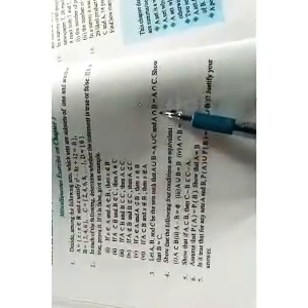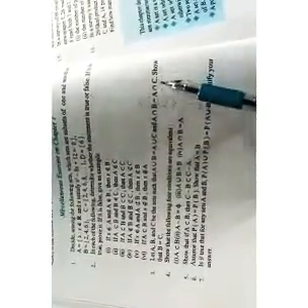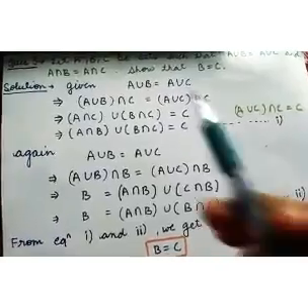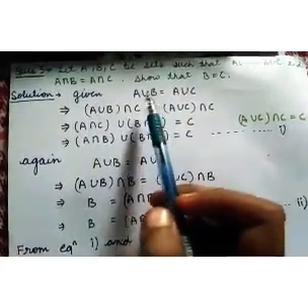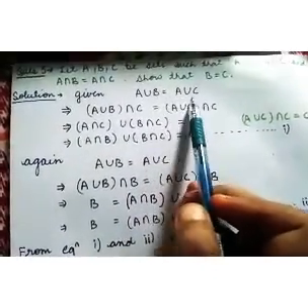After this, we have miscellaneous examples. From the miscellaneous exercise of chapter 1, let us see question number 3. Let A, B and C be the sets such that A union B equals A union C and A intersection B equals A intersection C. We have to show that B equals C. We have been given the data that A union B is equal to A union C.